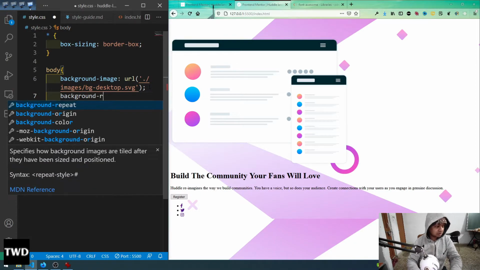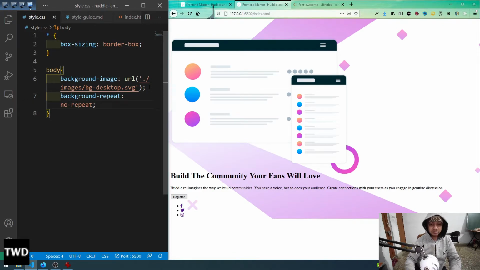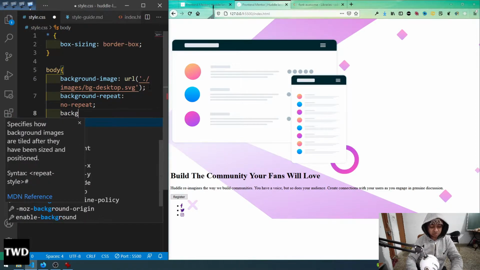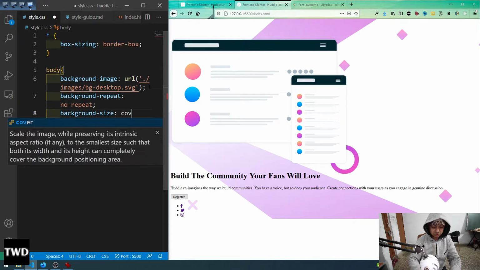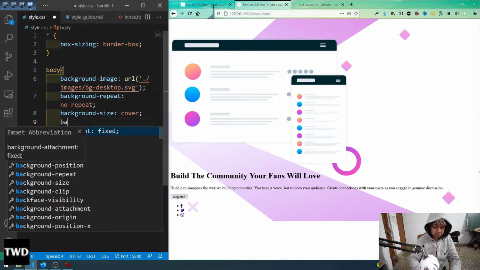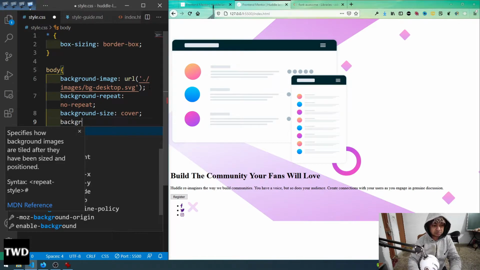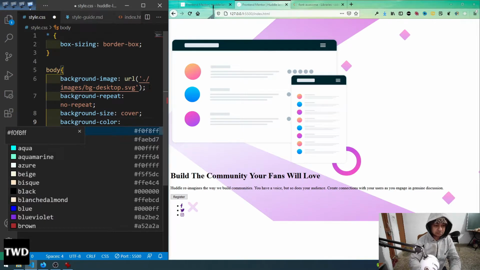And then we have to change it to background repeat is no repeat. So actually it is repeating, so no repeat. Background size is cover, so that it gives us the whole image. Background size is cover, and then background color is